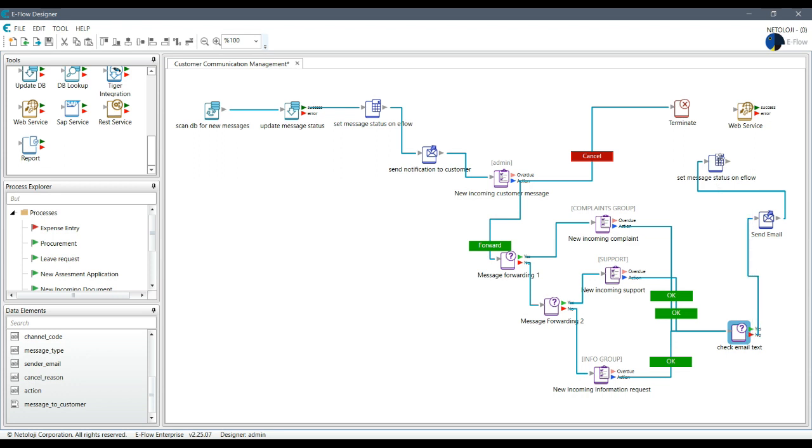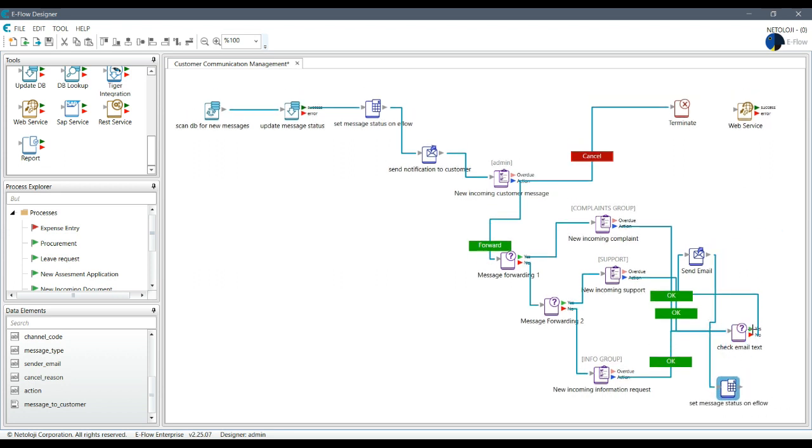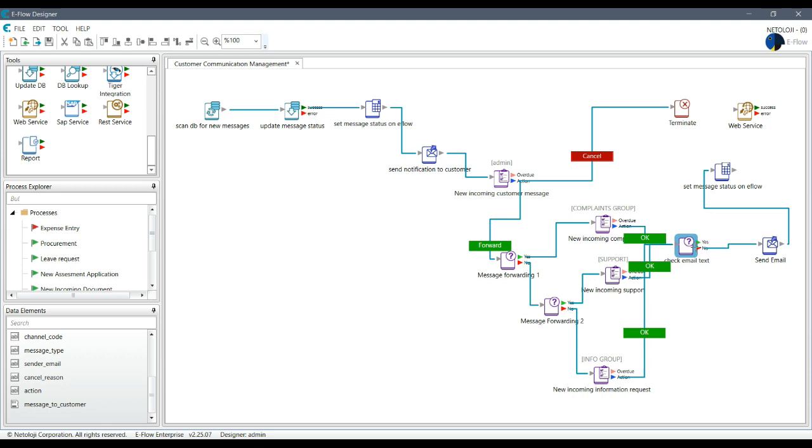Why am I not able to do it? Okay, now we got it, and from this part, I mean this action, I'm going to web service update, and